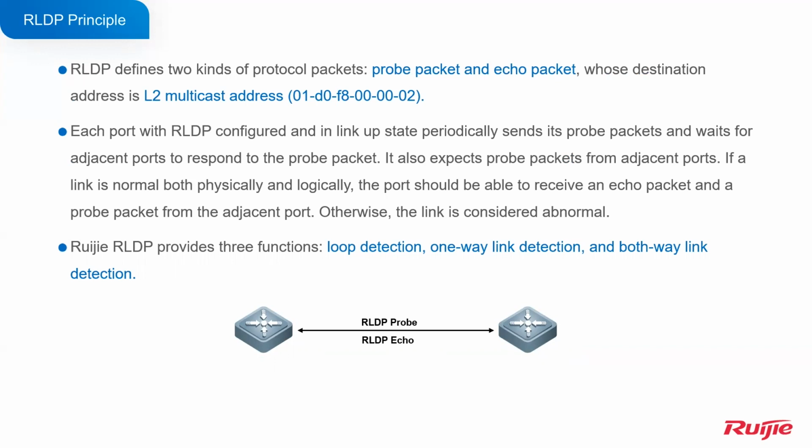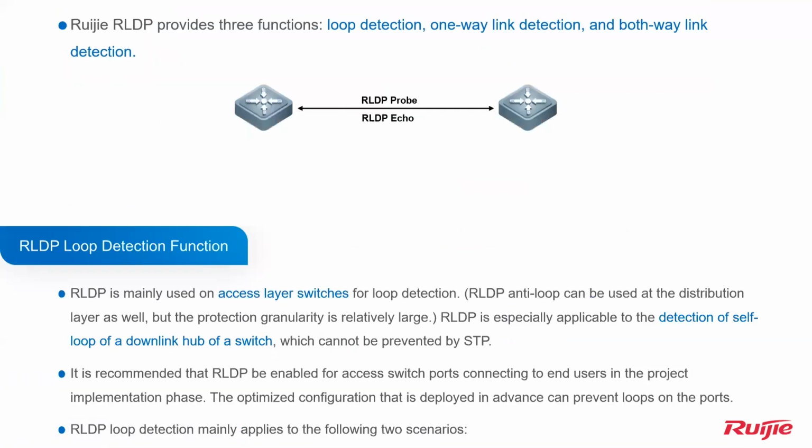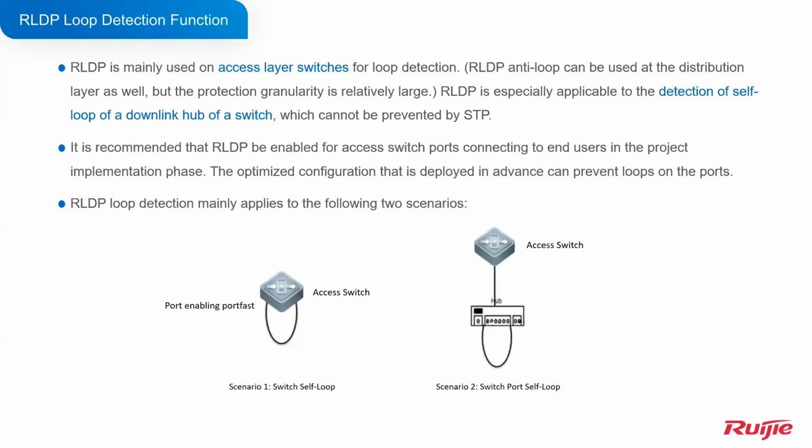And Ruijie RLDP provides three functions. First is loop detection, then one-way link detection and two-way link detection. About these three functions, let's see the first one first. RLDP is mainly used on access layer switches for loop detection and is especially applicable to detecting self-loops of a downlink hub of a switch, which cannot be prevented by